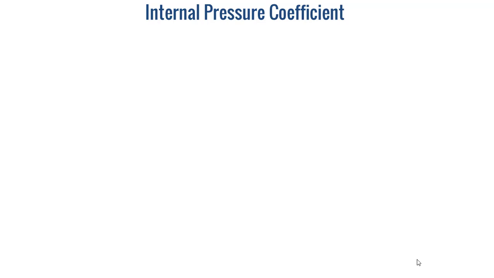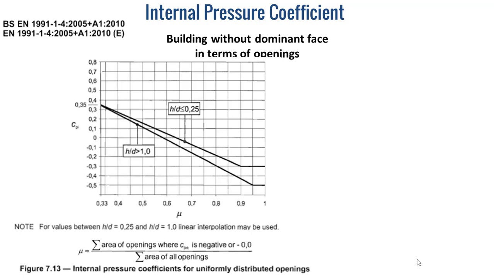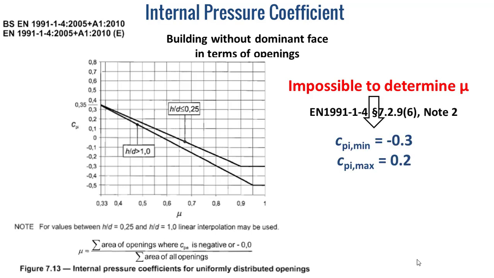Now let's move to the internal pressure coefficient. We consider that the building is without dominant face in terms of opening, so the internal pressure coefficient CPI is determined using this model. But in order to use this model, we have to determine a certain factor mu. But in our case, it's impossible to determine mu. And in this case, the internal pressure coefficient CPI will be CPI minimum equal to minus 0.3 and CPI maximum